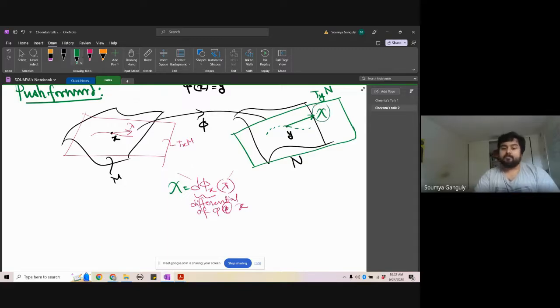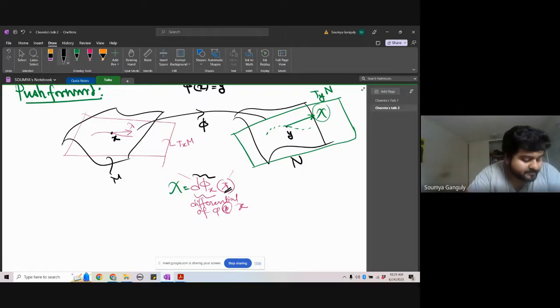That is how you define the push forward of a vector. So the lambda vector here has been pushed forward by the differential map to this vector chi. Now, similarly, because you can define it on every point, you can define basically a push forward of vector fields. Well, because what is a vector field? Think of a vector field as basically vectors, directions at every point. So at every point, you can push forward the vectors using the differential of the map, and thus you get a push forward of an entire vector field.